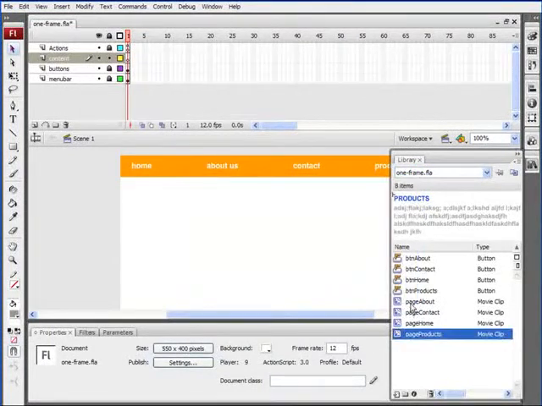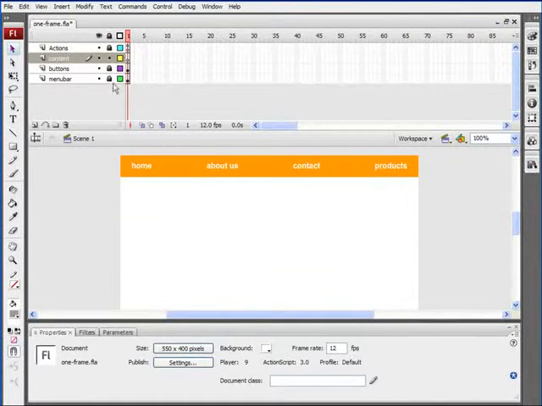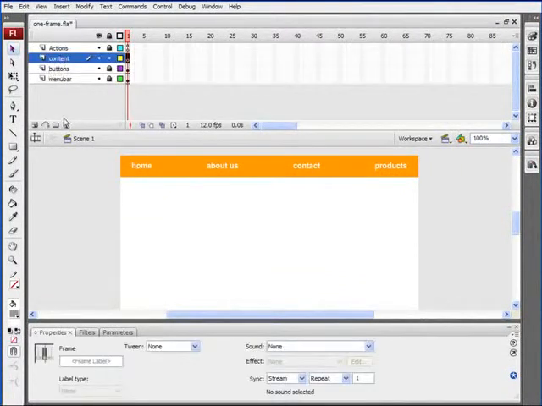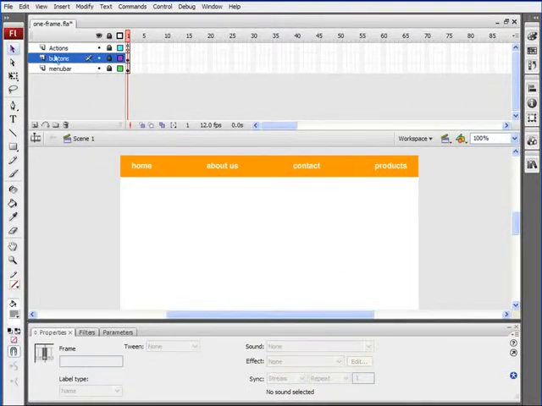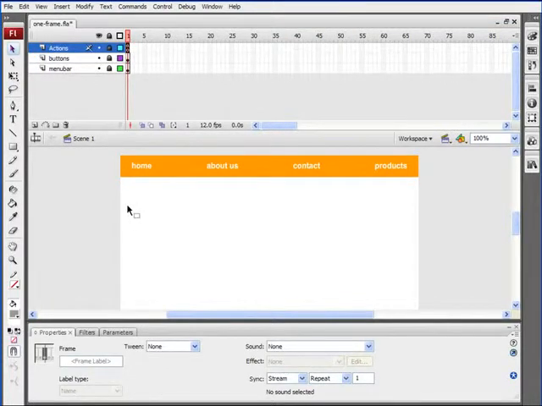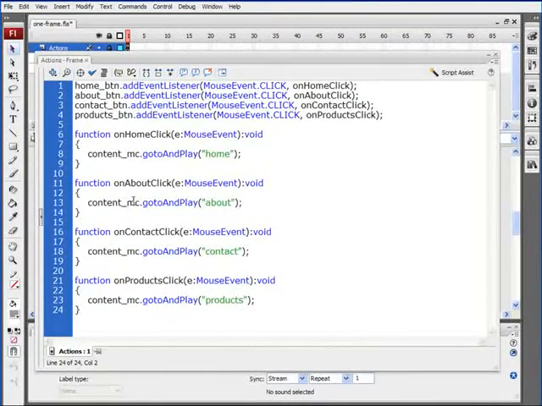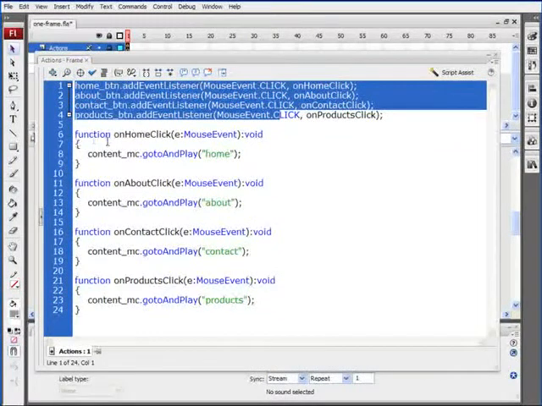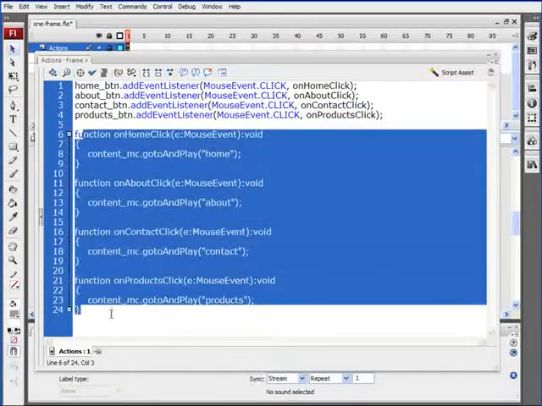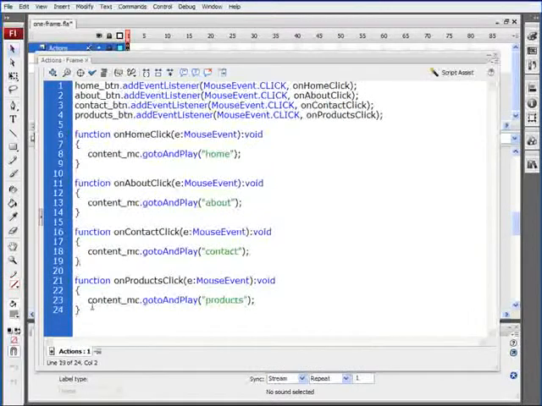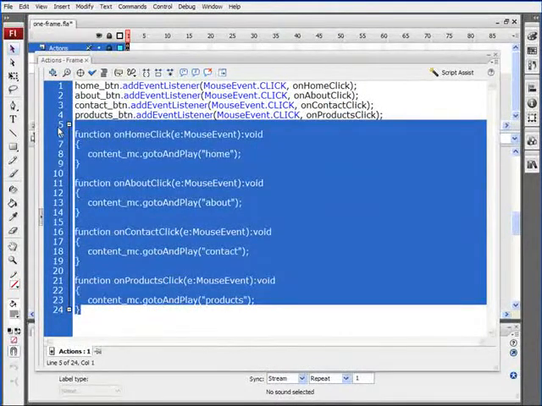Okay, so now that we've exported each one of these for ActionScript, we can actually attach these to the stage using ActionScript. Okay, so let's close our library here, and we don't need the content layer anymore. We'll just delete that. And in our actions layer, we can click on frame 1 for the actions layer and hit F9 or Option F9 on the Mac to open up your actions. Okay, so we have all of our event listeners for our buttons, but when we click on the buttons, they're doing different things here. And so we're going to delete all of these functions,